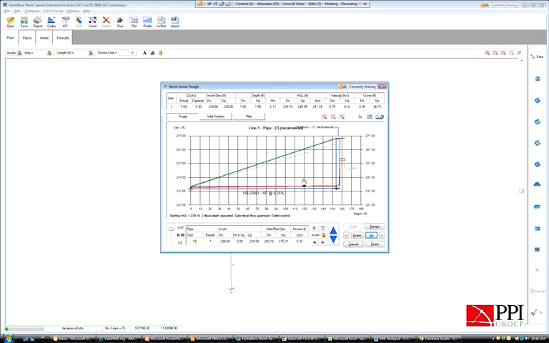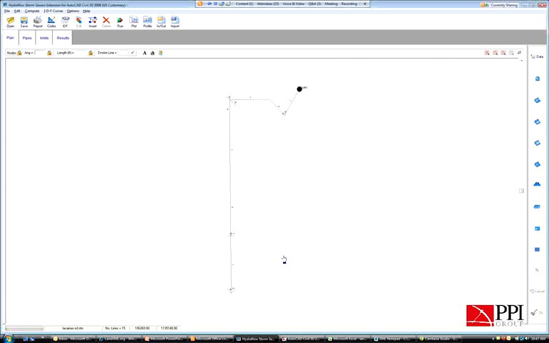So it quickly ran that, and within this dialog, this is where I can dynamically move up and down the system. I can also change my pipe sizes dynamically. This red line is going to be my HGL, and so I can do some dynamic editing within that. So I'm going to say finish. I'm going to get out of here into the